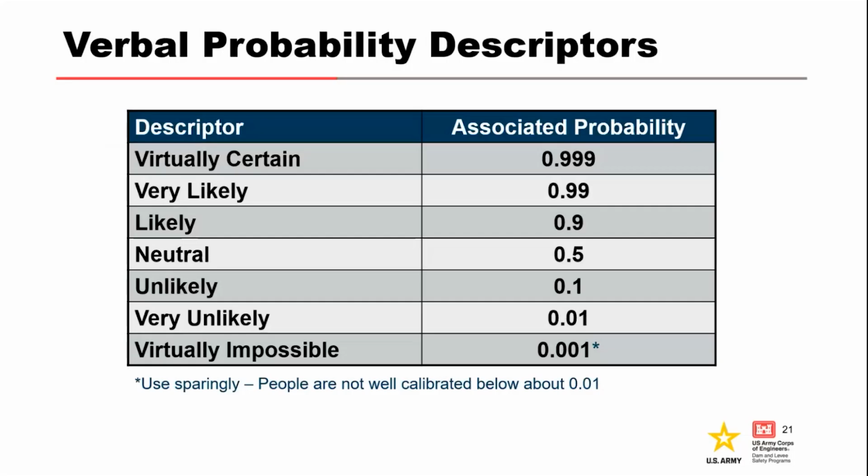If you find yourself putting virtually impossible on a node, you do want to consider the potential that maybe there's too much combined in that node, and I should potentially split that node out into 2 nodes, or think of a different way to potentially attack that, because we're not very well calibrated down to that level.